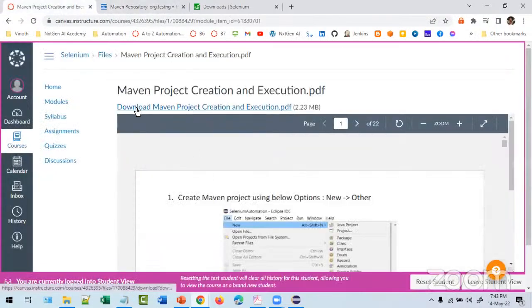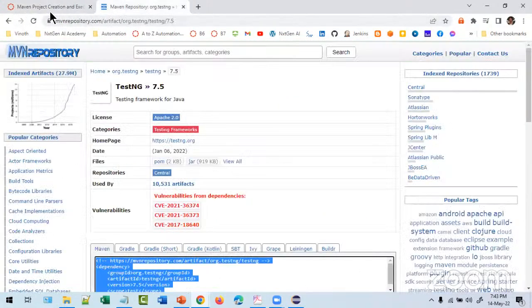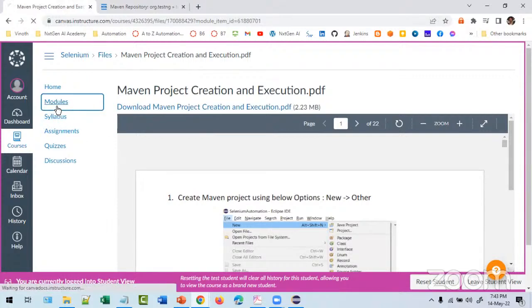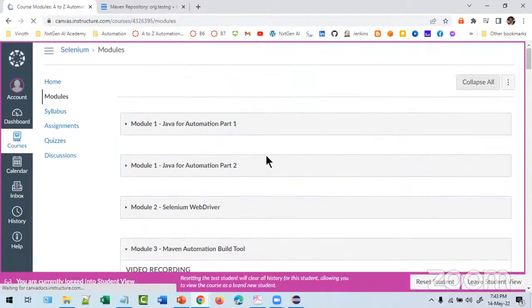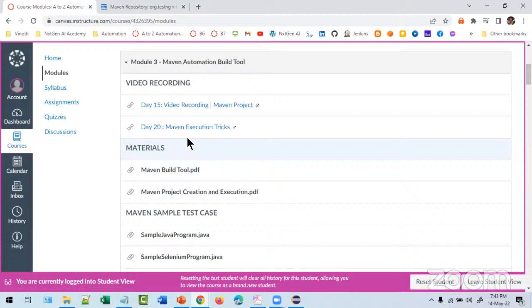So which document do I follow? Maven project execution and testing. See team, all the setup, if you follow the video, it is a 2 hour video, this will be a boring thing. Always follow the documentation. You can complete the setup very quickly. Where is the first one, Maven project creation, this one.